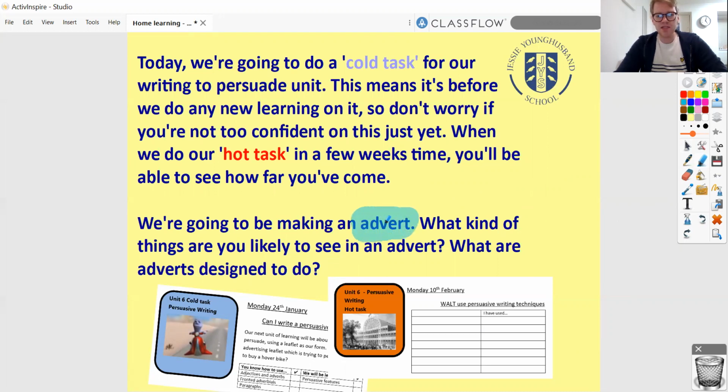And whether you've realized it or been conscious of it or not, you will have been exposed to probably thousands, if not more, frankly, thousands of adverts in your life. We encounter them all the time. Every time you log on online, adverts. When you're reading a newspaper or a magazine, adverts. When you're watching TV, adverts. They are everywhere. They can be really pervasive in society. And so when you start thinking about it, I'm hoping you'll have some good ideas for what kind of things you are likely to see in an advert, because that's what you're going to be writing today.